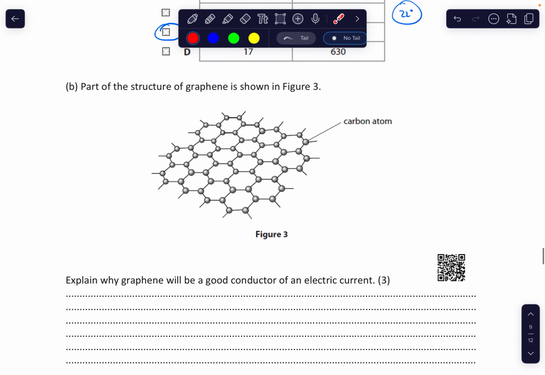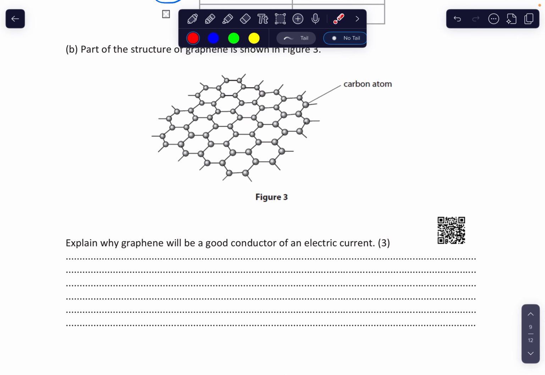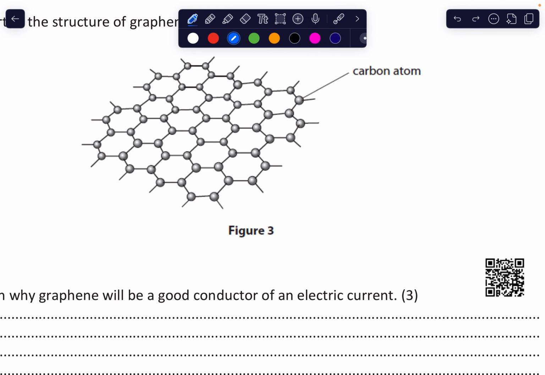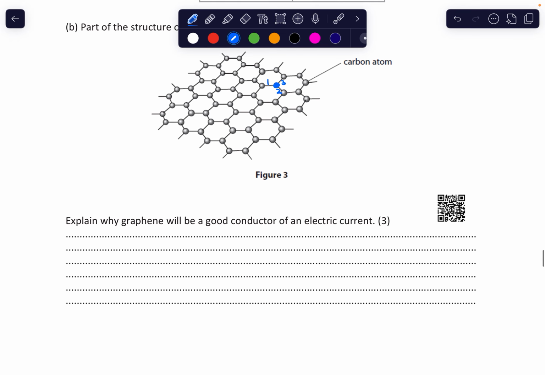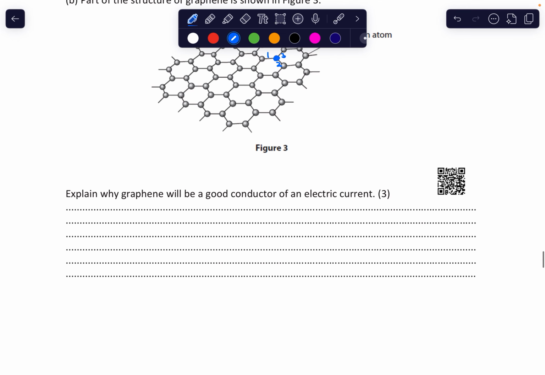Okay, in this one, why does graphene conduct electricity? Well, graphene is made from carbon, as you can see. It tells us here that it contains carbon atoms. And if we zoom in, and let's pick this carbon here, this carbon's got 1, 2, 3 bonds. And you should know that carbon wants to make 4 bonds. So what we need to say here, for 3 marks, is that carbon